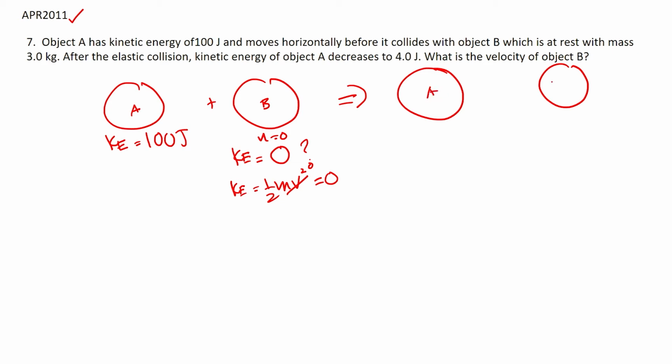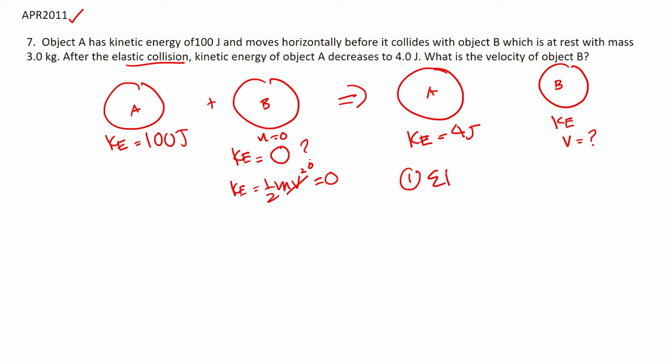So object A and object B. Object A has a kinetic energy decreased to 4 joule, and for object B, we want to find its velocity v. Okay, so when we read the question, it asks about the elastic collision. So in an elastic collision, it has two conditions. One condition is